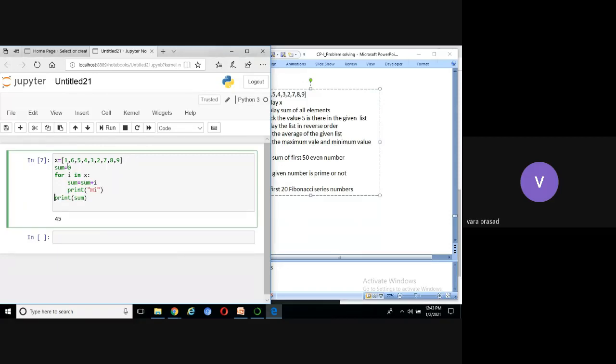See, for I in X, for every element of X, followed by a colon. Colon indicates indentation. For every element of X, run the following block or run the following statement.